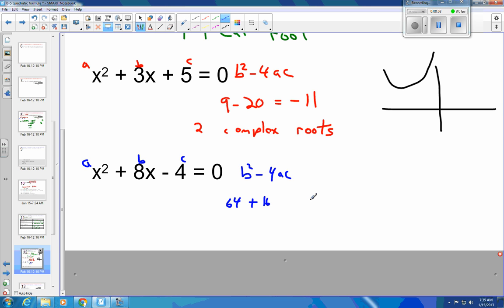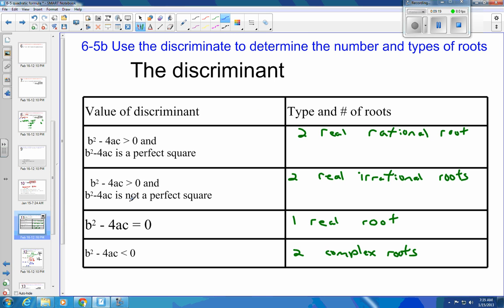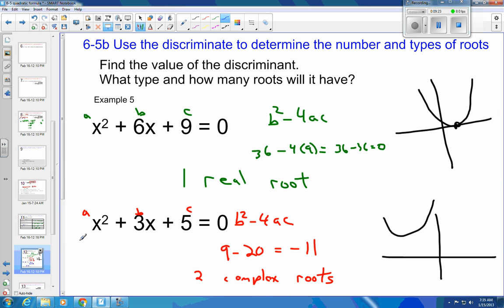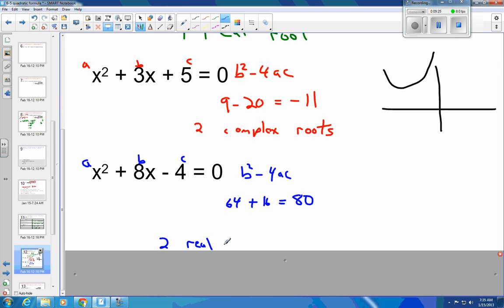So this is going to be a positive number. And since it's a positive number, we're going to have 2 real roots. And 64 plus 16, that's 80. 80 is not a perfect square. So if it's not a perfect square, we're at irrational. Okay? So this is 2 real irrational